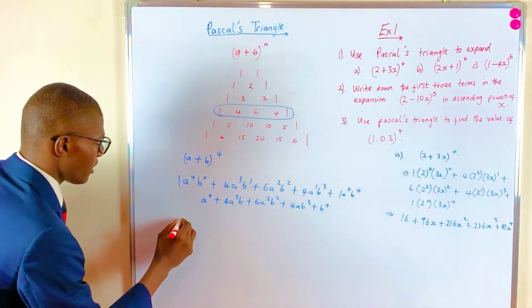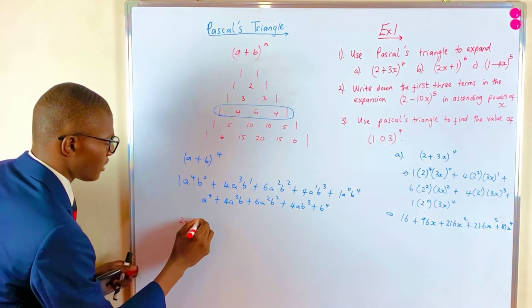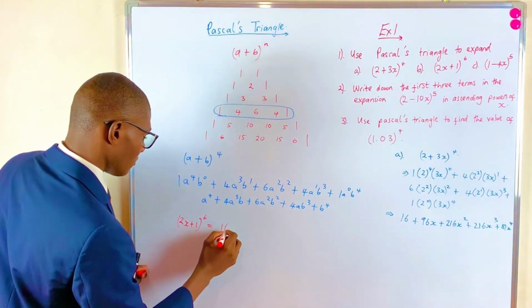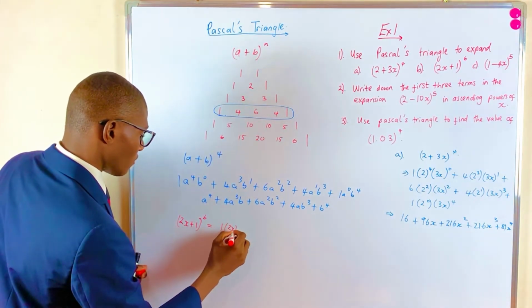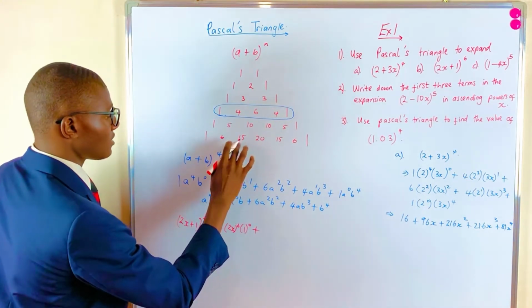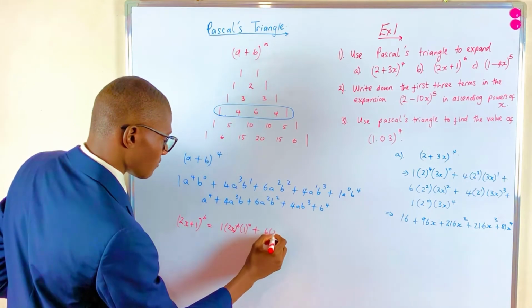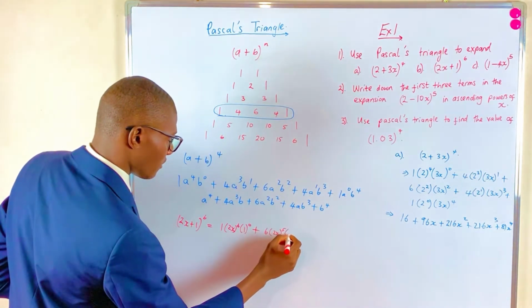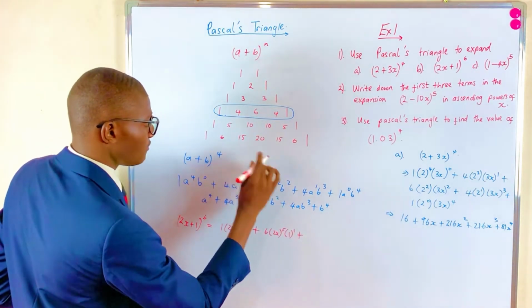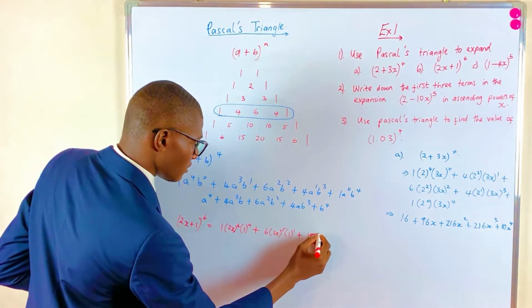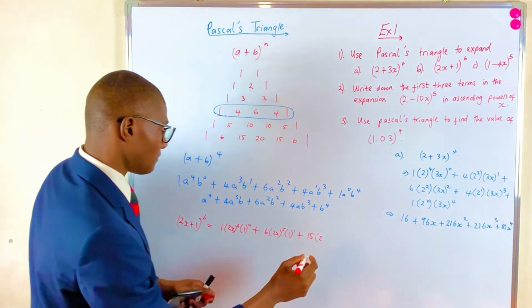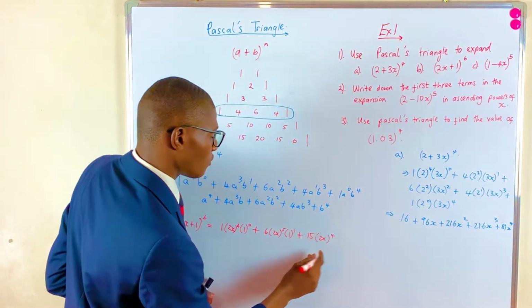So (2x + 1)^6 is equal to 1 multiplied by (2x)^6, 1^0, plus 6 times (2x)^5, 1^1, plus 15, (2x)^4 times 1^2,